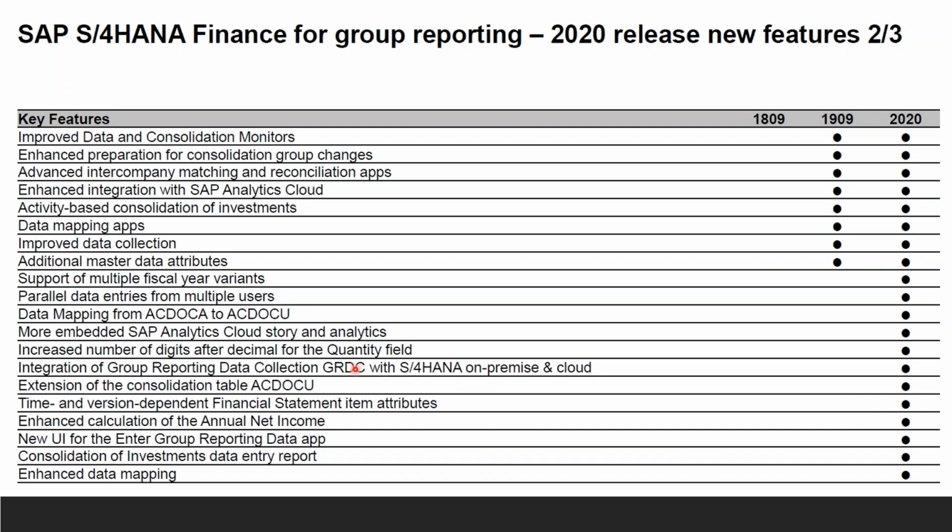I cannot cover this GRDC in this course content because we need a separate license for that, which is not possible. But I will share the links. It has been explained very clearly how to map your Excel file columns with the OCDocu tables. It is not necessary to have them sequential. If it is non-sequential, you just have to map the columns against the OCDocu table fields, and then you can load the data. We need a separate license for the GRDC. It's a cloud-based solution, so this will not be covered as part of the course training.